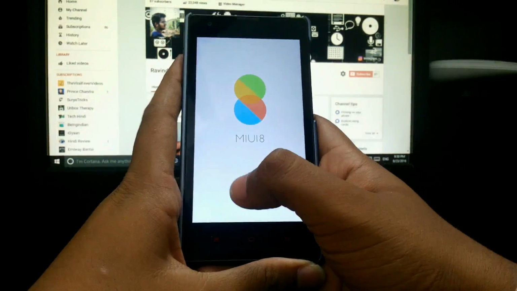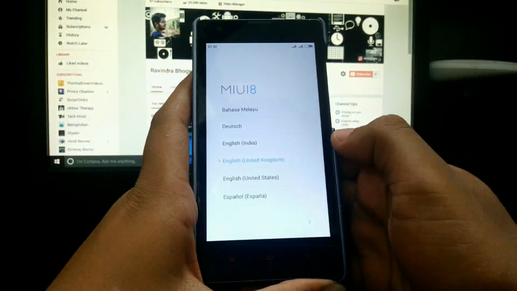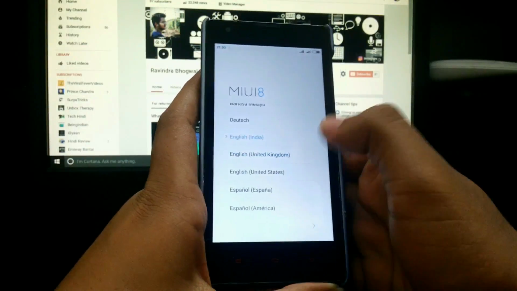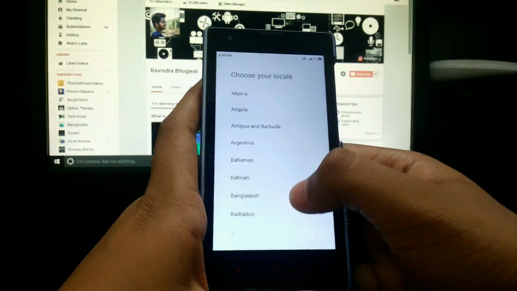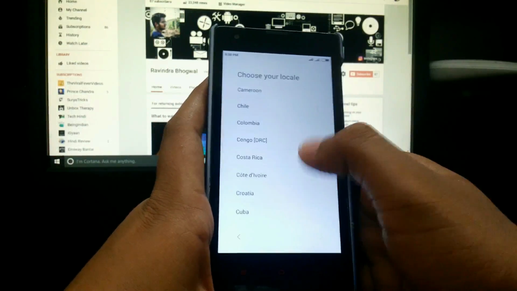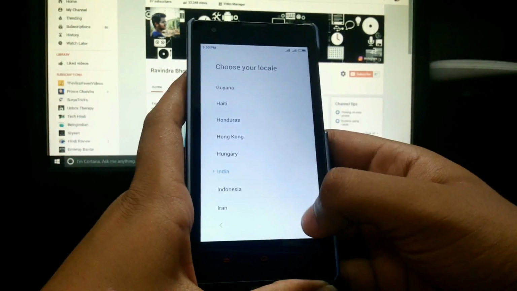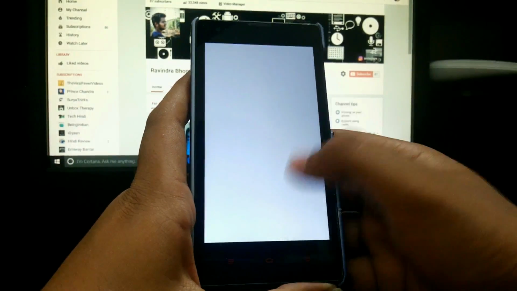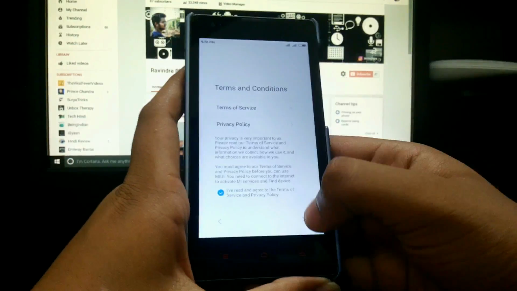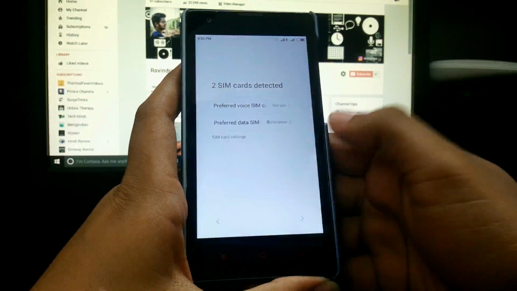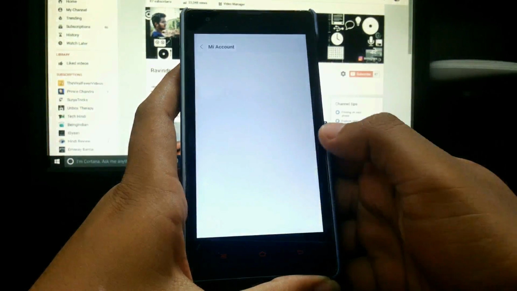So finally we are booted on MIUI 8, so let's install it. I guess it's pretty different from the developer version. If you have already installed the developer, you will find difference between the startup guide. I will install my Wi-Fi later. Skip this.